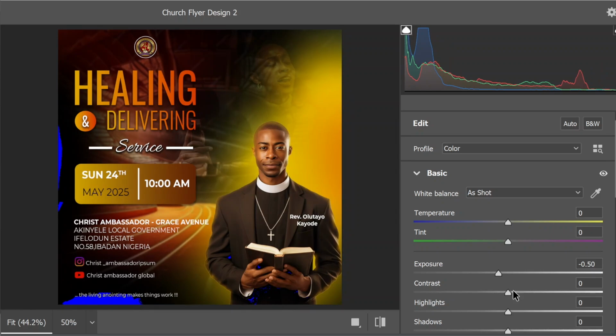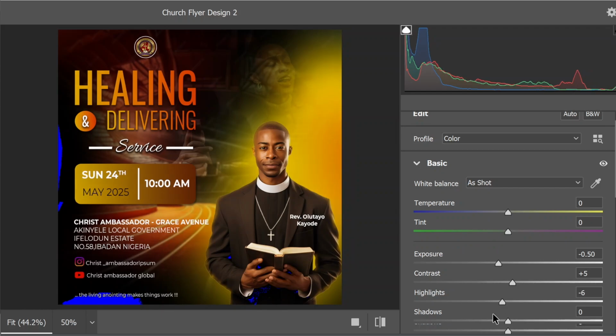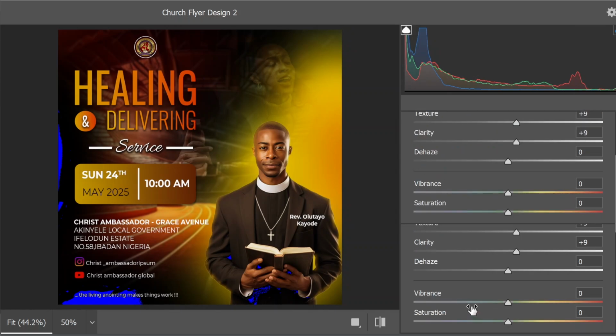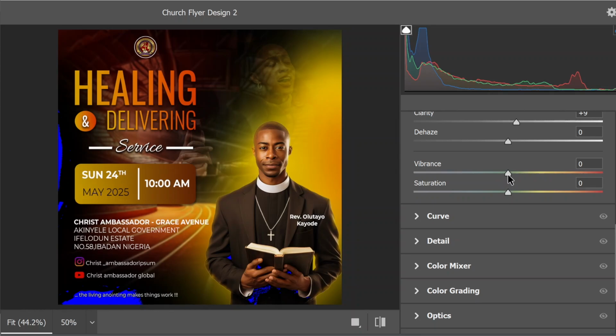Let me reduce the exposure a little bit, give it a little contrast, reduce the highlight just a little, reduce the highlight a bit, then go to texture, increase the texture, increase the clarity, and go to details, go to saturation and vibrance, increase it a bit,